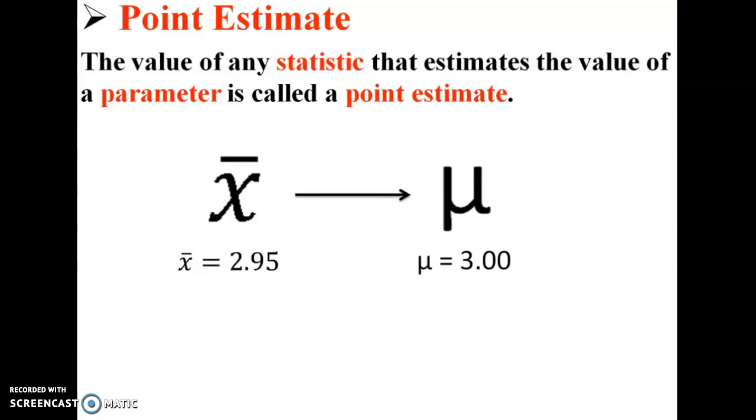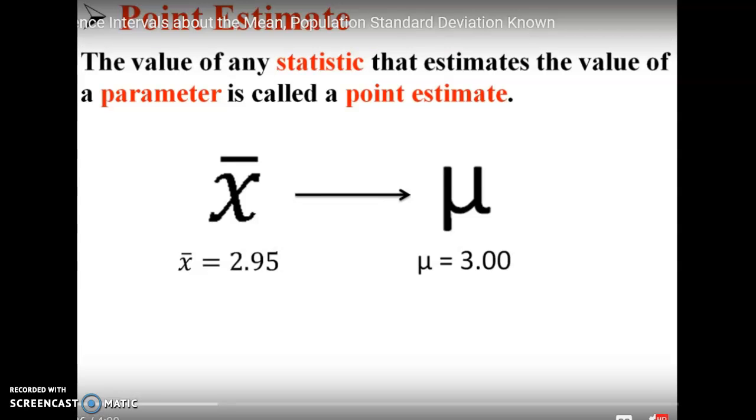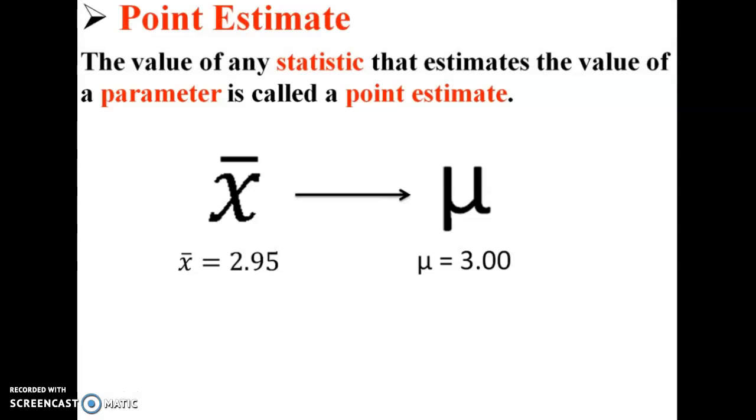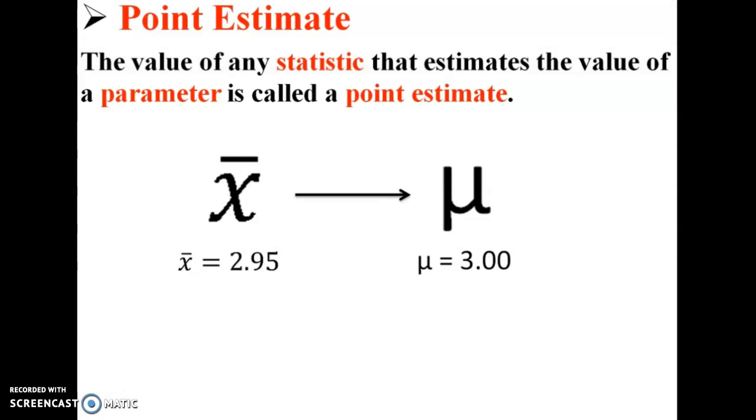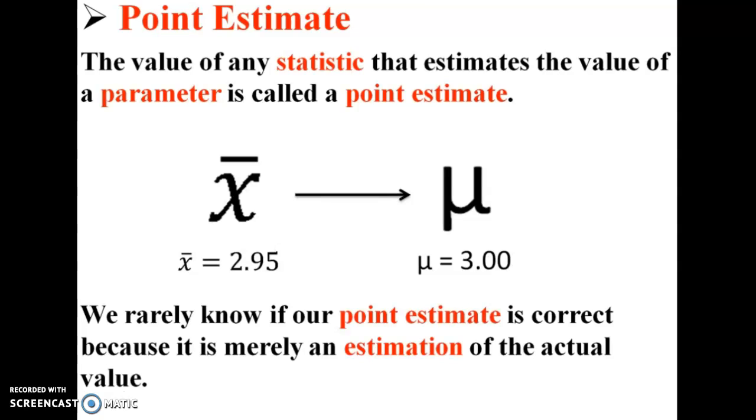Like, I think the average is 78 would be a point estimate. You say, I think the average is between 75 and 80 would be an interval estimate. So if we're trying to find a parameter such as mu, we don't know what it is, we have to have an estimate from a statistic. And a lot of times it's close, and we want to know how close it is,